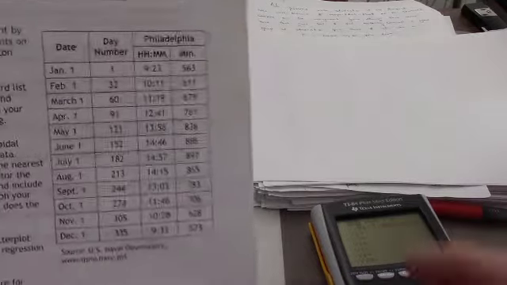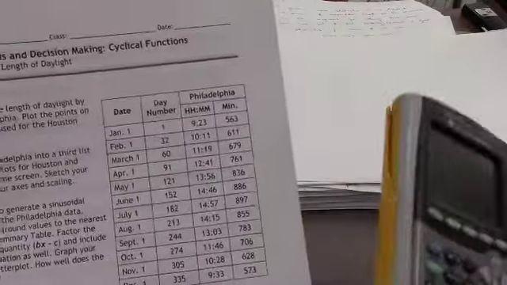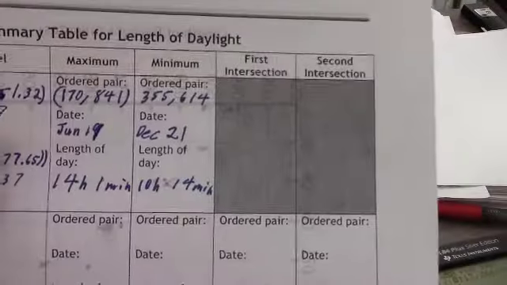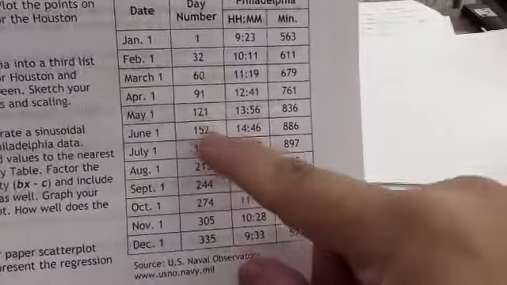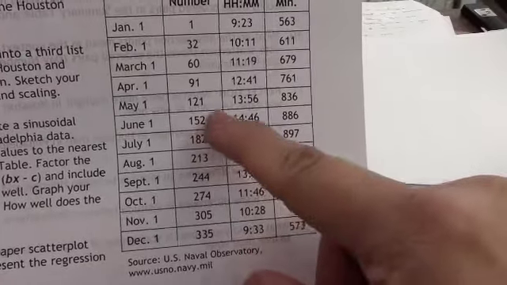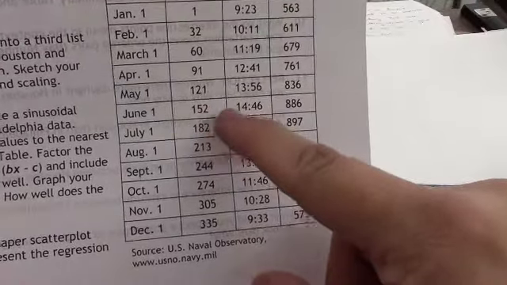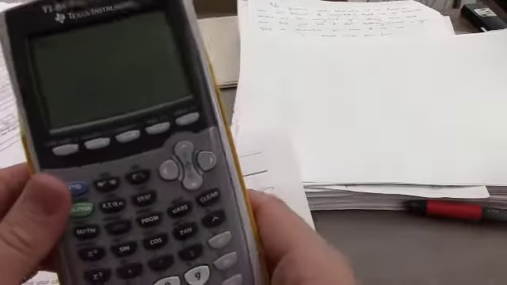I could actually use this chart. I took the fact that I have the day 170, and I just look at this chart. If I look for numbers close to 170, I have 152 and 182. So I'm going to go with the smaller one, and I take 170